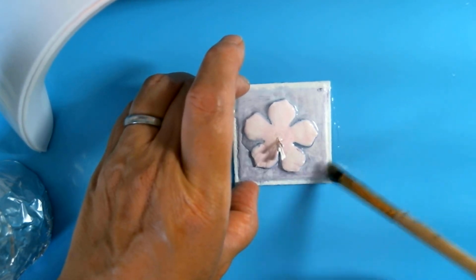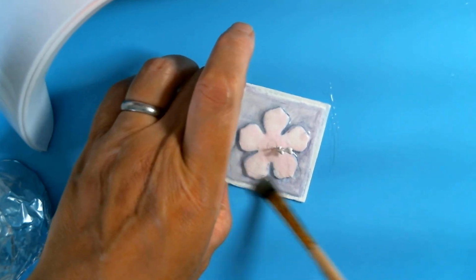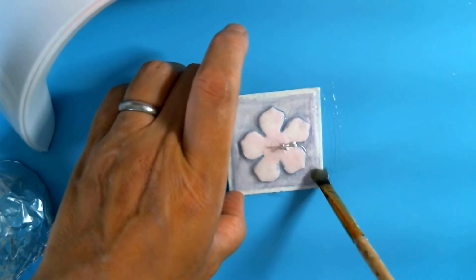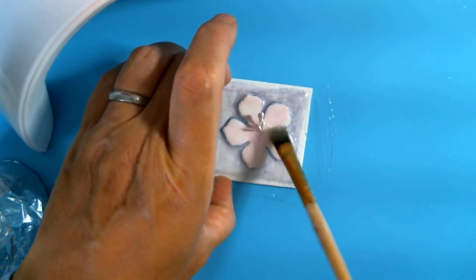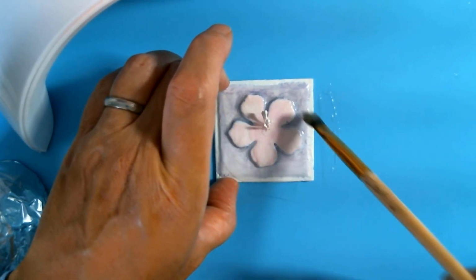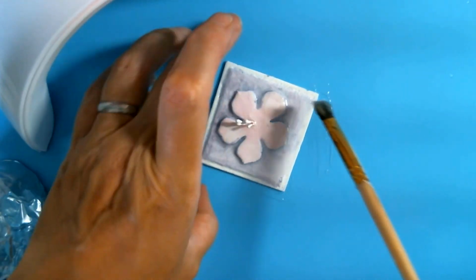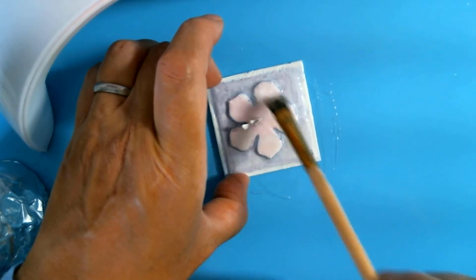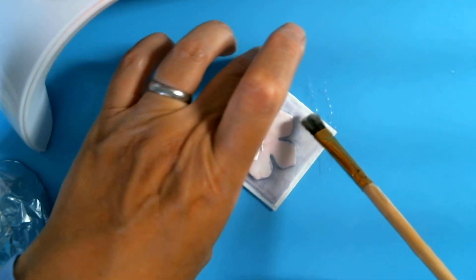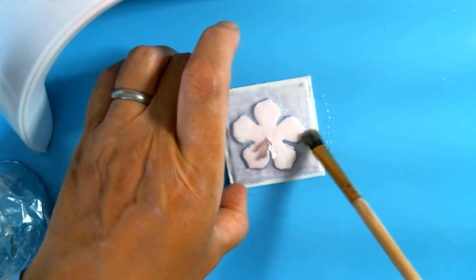because I live in Florida and sometimes the sunshine coming through the window can be pretty strong, and this can set in small places before I've even finished. But I've actually got this camera over in a dark corner of my craft room, so this should be okay. Now I've got that completely covered,